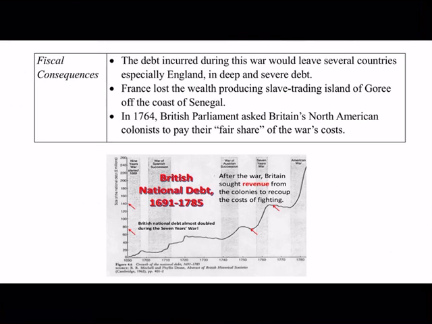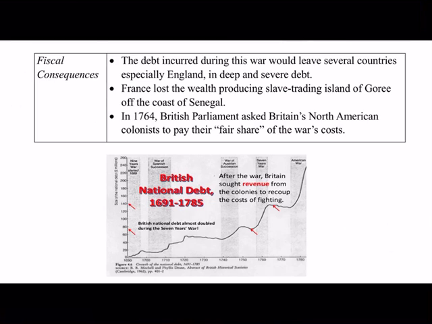Next, we have the fiscal consequences of the French and Indian War. The debt incurred during this war would leave several countries, especially England, in deep and severe debt. As I mentioned, France lost territory, but they also lost the wealth-producing slave-trading island of Gorée off the coast of Senegal. And because of this accumulation of debt by the British, as you can see in the graph here, where the two red arrows meet, you see the spike in debt starting with the French and Indian War